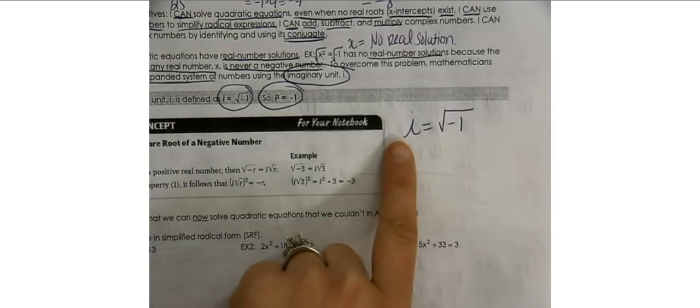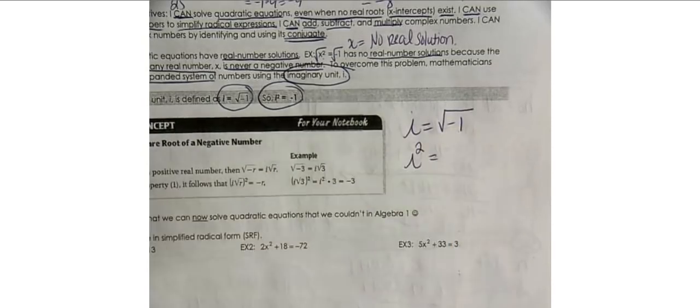Let's really look at this. If i is equal to the square root of negative 1, which we know we can't take the square root of a negative number, this number right here is considered i. If we were to square i, we would be squaring both sides. i would be squared, and the square root of negative 1 would also be squared. And we know that the square and the square root cancel each other out,